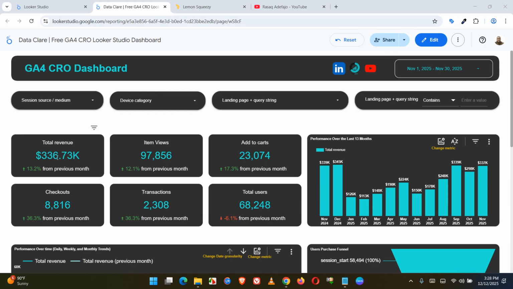We start with total revenue, which is most likely your KPI, and you can see all the drivers here. Item views: the number of times a product or an item has been viewed. Add to cart: the number of times the add to cart event has been triggered, or the number of times an item or a product has been added to cart. Then you have checkout, the number of times the checkout page has been visited, the number of transactions that have occurred, which is purchase, and then the number of total users that have visited your website within the